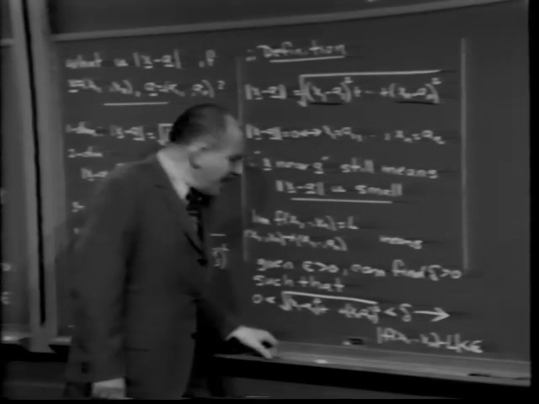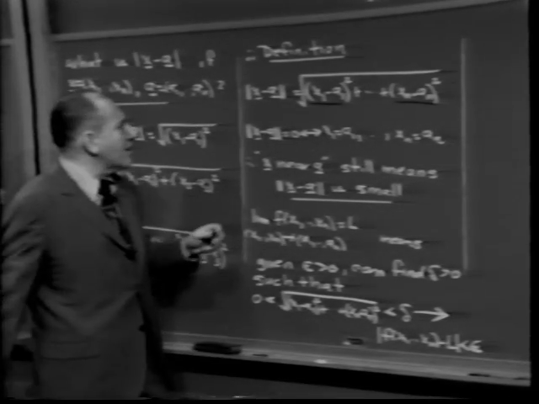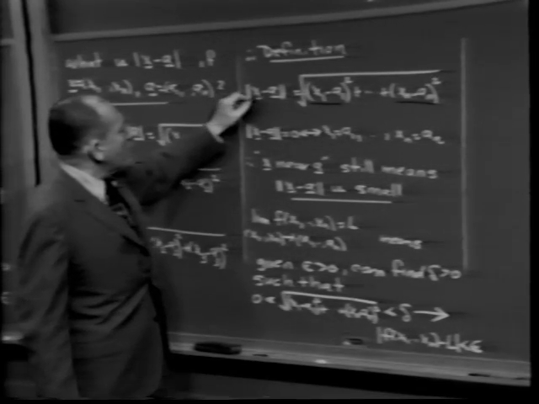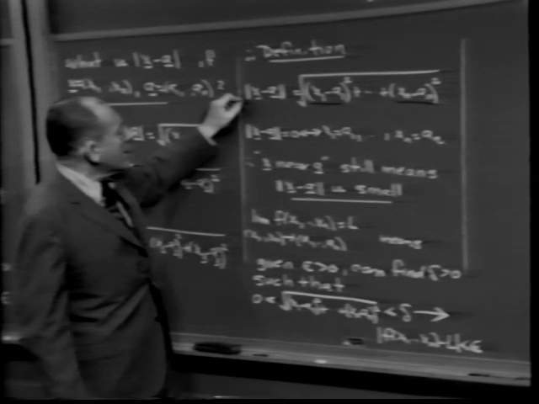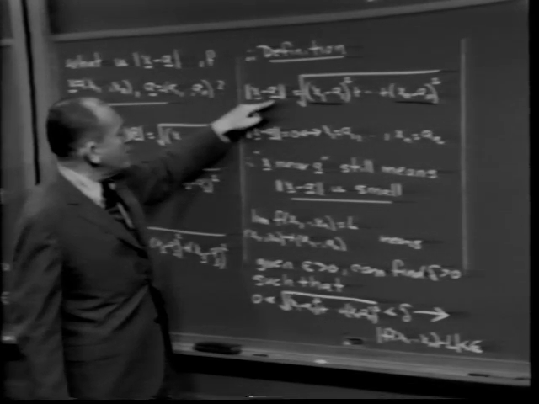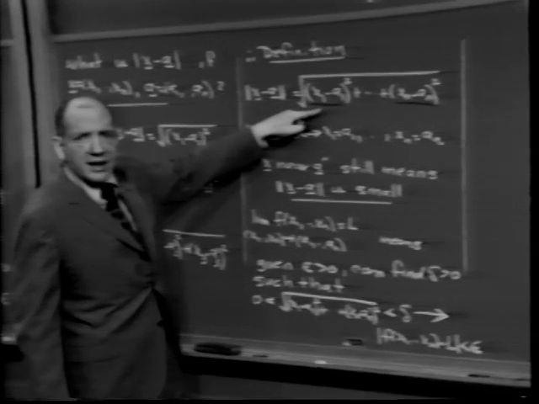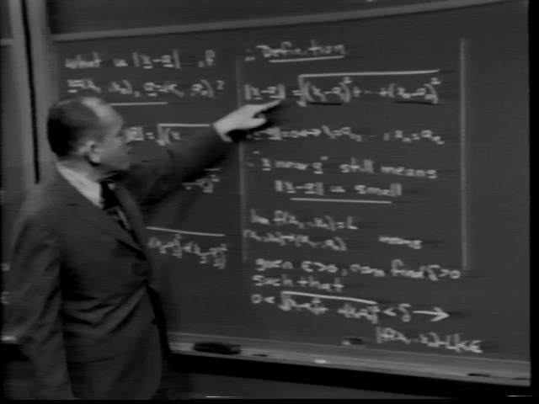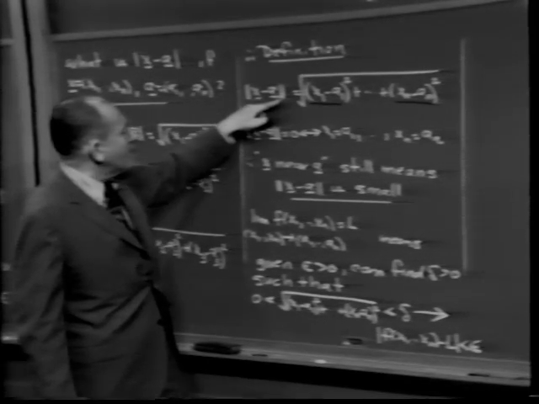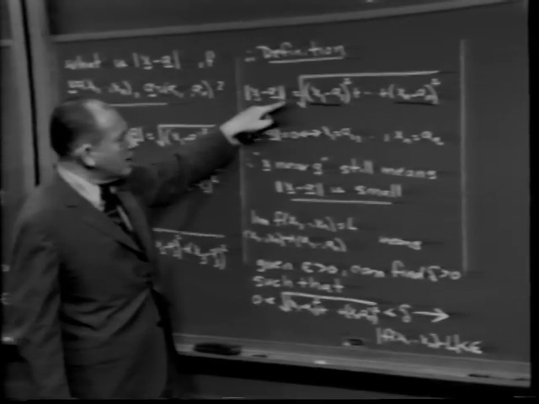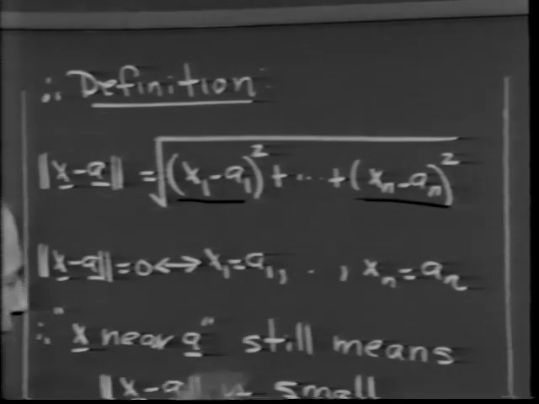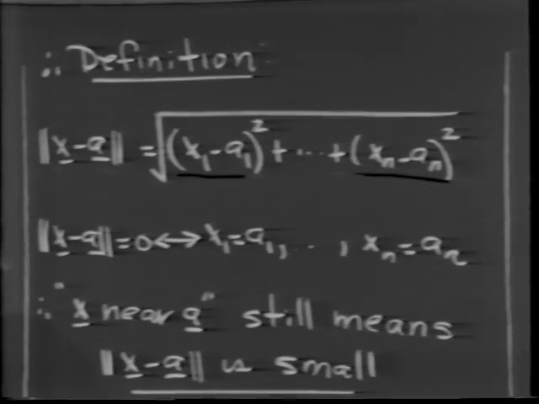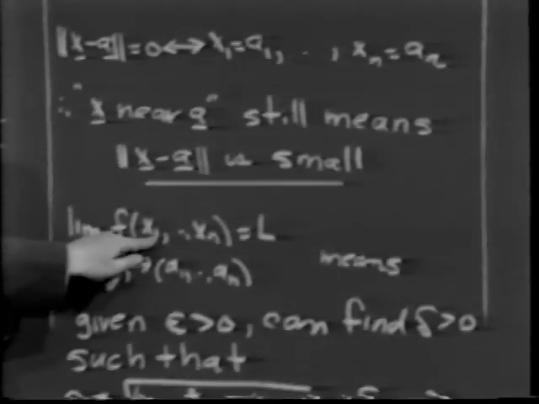And in fact, except for the fact that we can capitalize on structure, notice that once we define the magnitude of the difference between two n-tuples, do you notice that, by the way? The magnitude of the difference of two n-tuples is a number. Notice now, if we replace this fancy phrase, which we didn't know the meaning of before, but which we now know, by its new definition, we obtain the traditional definition of limit, namely the limit of f of x1 up